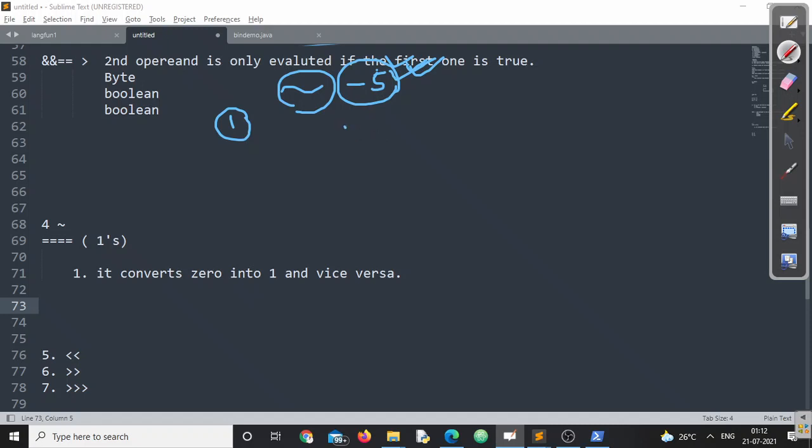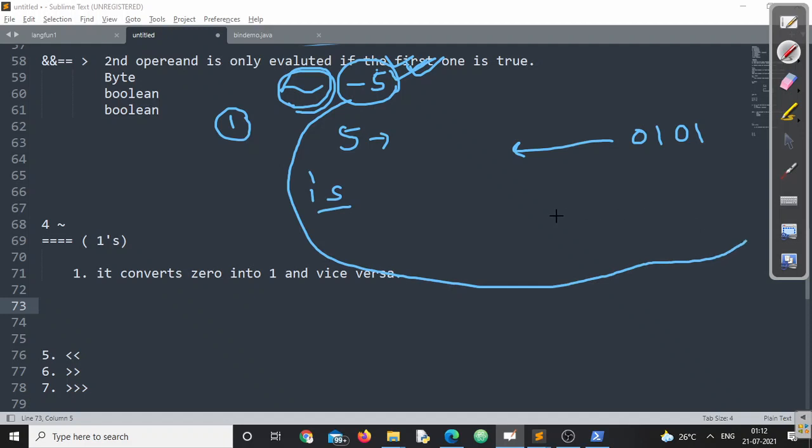So for getting the 2's complement form, the steps are: let us first find out how 5 will be stored. 5 will be stored as 1, 0, 1, and the remaining all zeros, right? Then second step, find the one's complement. Remember, this one's complement is not the operator; this is what we are doing to find out how minus 5 is stored in memory. Make sure you understand this point. In one's complement, all the 0s become 1 and all the 1s become 0. Now everything here will be 1, up to 32 bits.